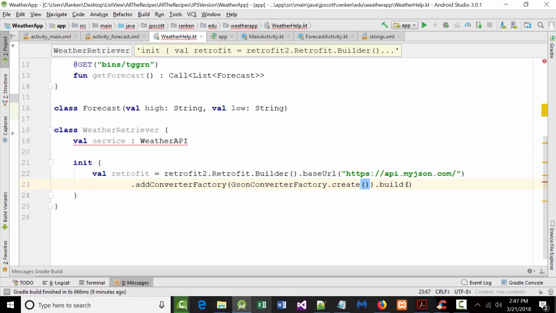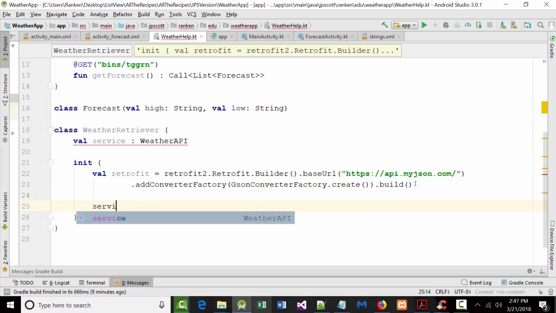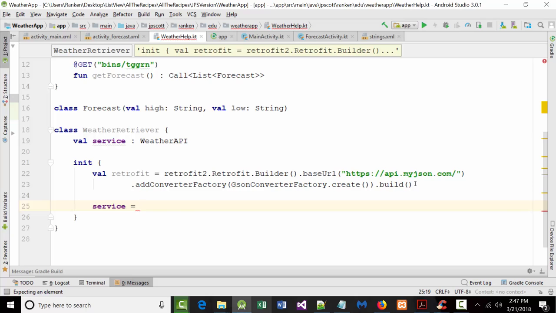And if you notice, we still have an error, right? Everybody see that? At least mine still has an error. And why is that? Because we still have not initialized service. Now we can. Okay? So I'm going to say here service equals. All right? And I've got to tell it what it equals. All right? And that will be